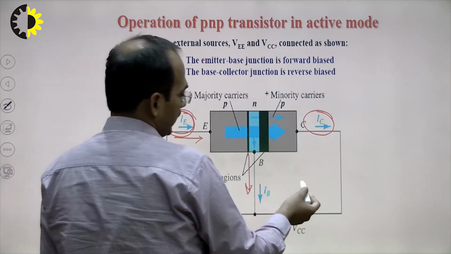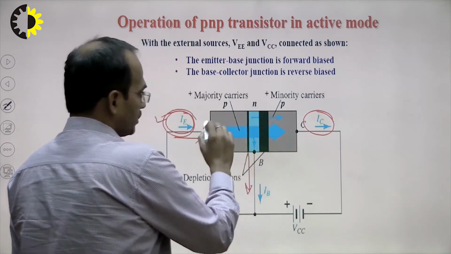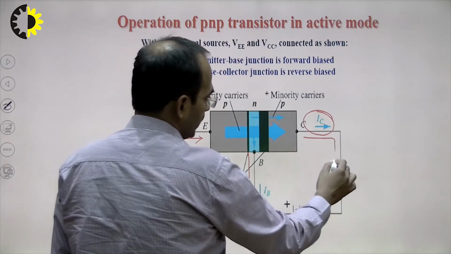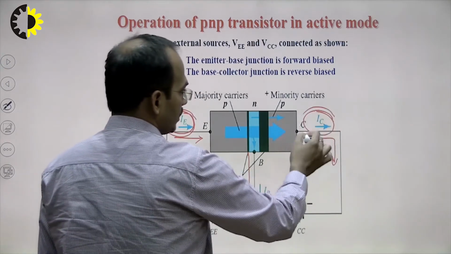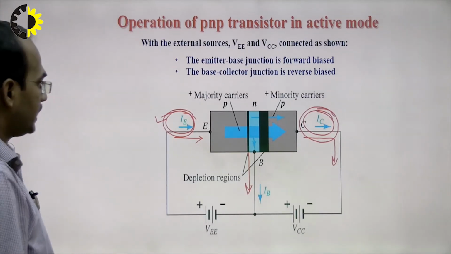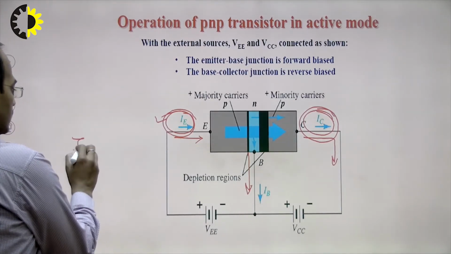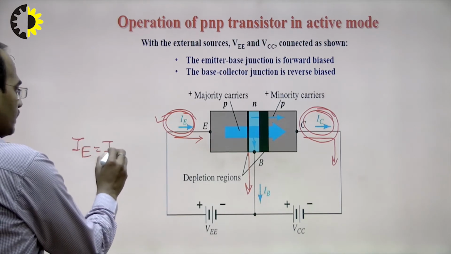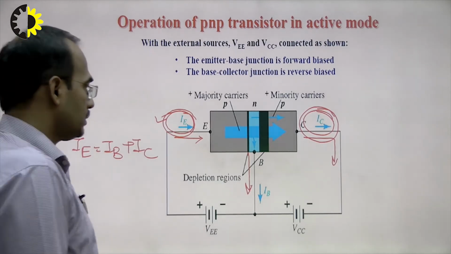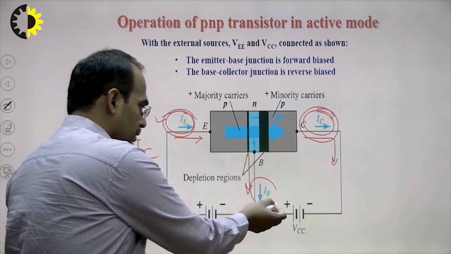Similarly, this negative terminal will attract the majority charge carriers, the holes, so the movement of the holes will be in this direction. So, the current constituted by these holes will be in this direction. So, you can say that this emitter current is nothing but the base current plus collector current, because the base current is constituted by the